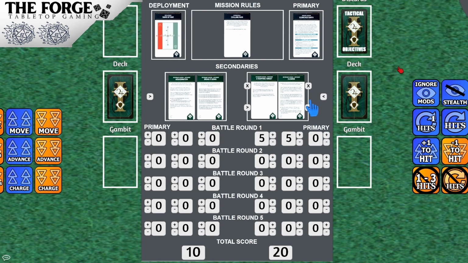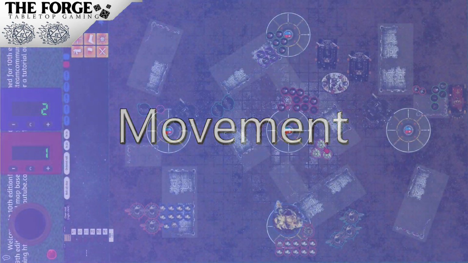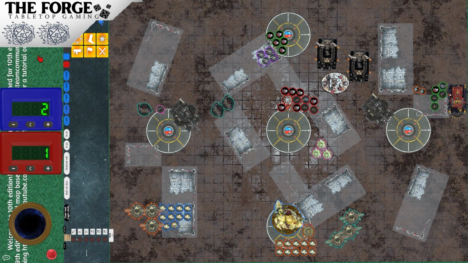But yeah, 10 points the first turn, pretty good. Review. Now, one of the Great Unclean Ones is missing. It's because I forgot to do it at the end of my opponent's turn, but like no time passed. So essentially, at the end of my opponent's turn, I activate